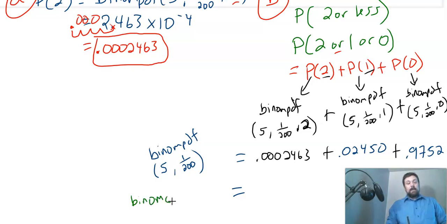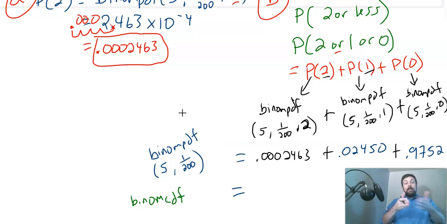Binom CDF. Underneath binom PDF is a function called binom CDF. That stands for binomial cumulative distribution function. And if you remember cumulative frequency distributions back in chapter 2, what you're doing there is adding it up as you go. In this case, we're going to add up the probabilities as we go. So if I want the probabilities from 0 to 2 added together, binom CDF will do that for me. So instead of calculating the probabilities individually, either by separate binom PDFs or even by this one that lists them out,